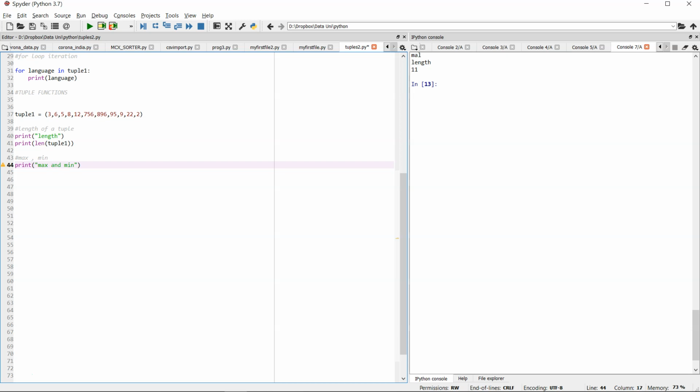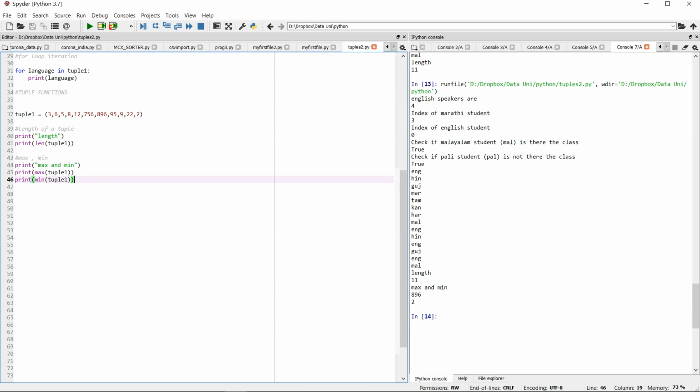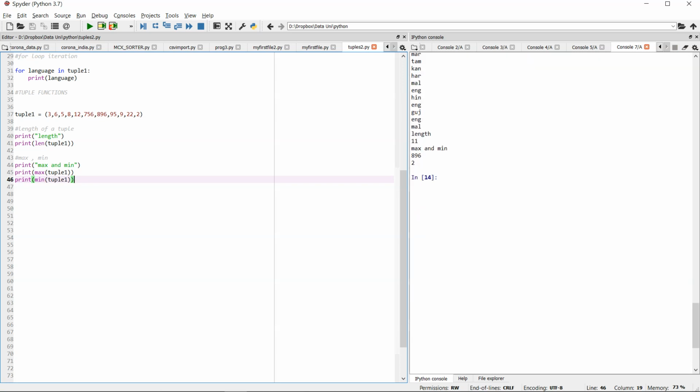So when you print max and min, all I have to do is print max of tuple 1 and print min of tuple 1. I'm printing these two and it's going to give me the max and min values. As you can see, the max value is 896 and the minimum value is 2. The next function that we are going to see is